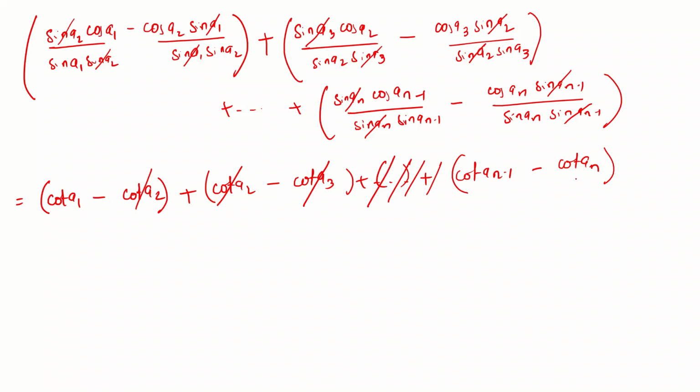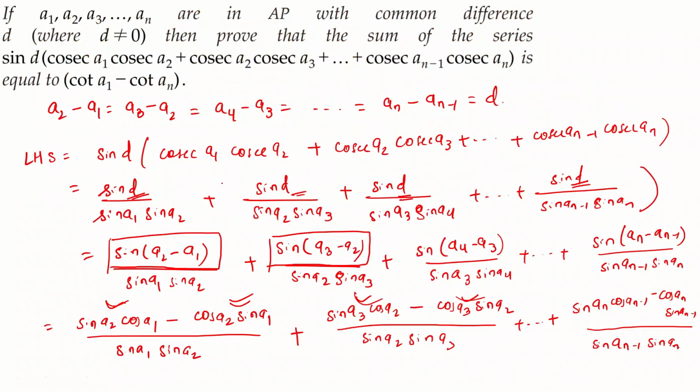And we know that for the last term, this first term will be cancelling out, because whatever is in here, the second term of whatever we have before this bracket, this second term will cancel out with this first term. So make sure that you are understanding the cancellation pattern. So what is left at the end is cot a1 minus cot an, and this is what we were required to prove, cot a1 minus cot an, hence proved.